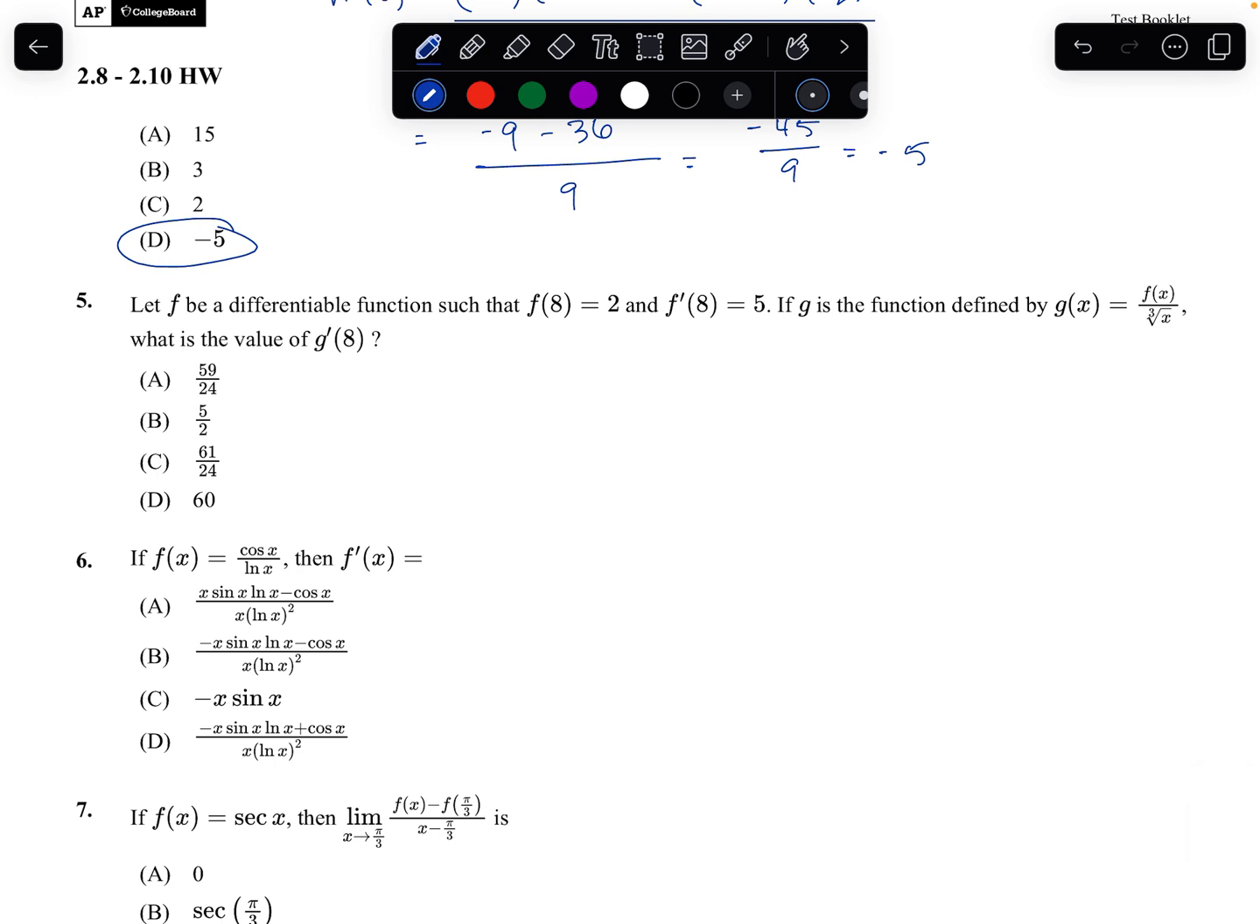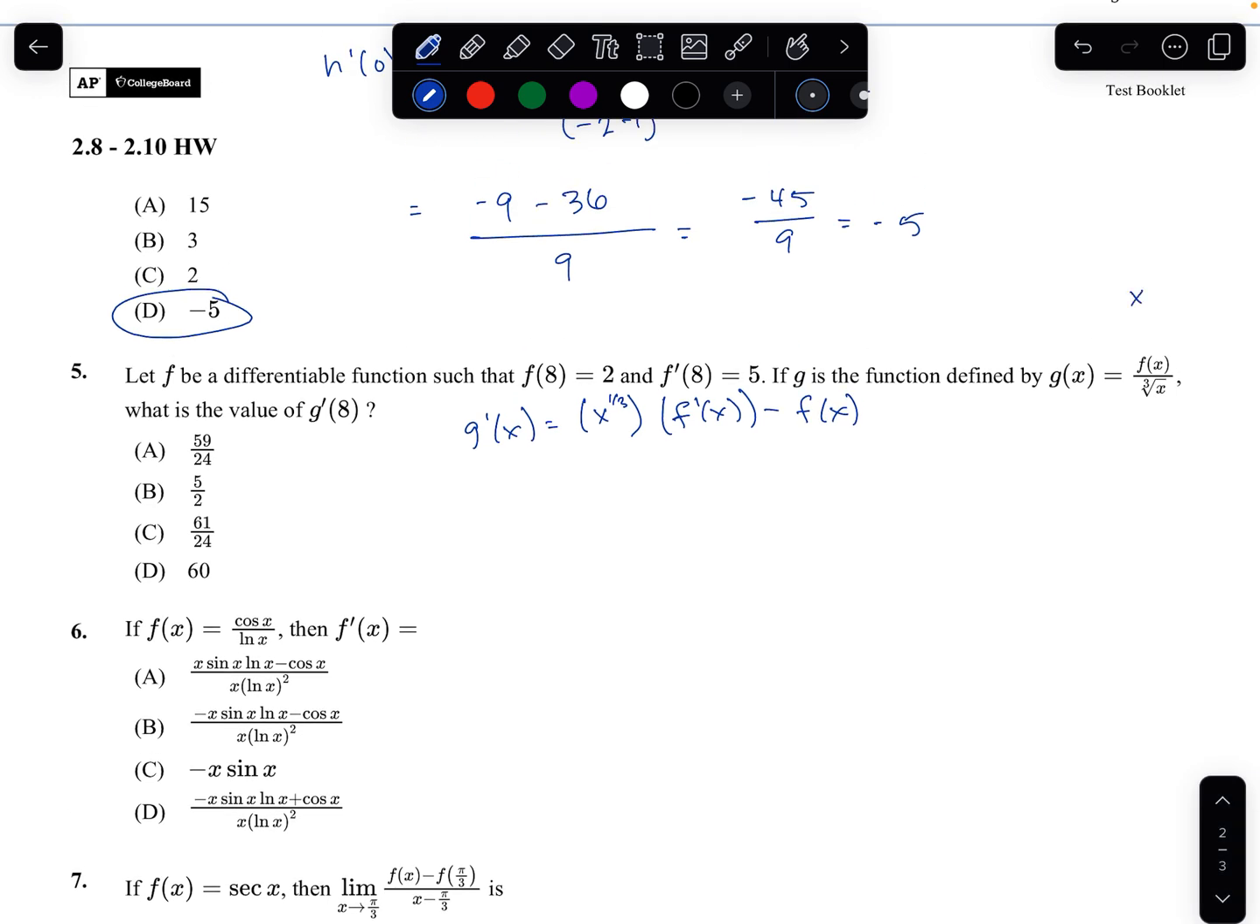Okay, for 5, let f be the differentiable function. We have g is this function, find g prime of 8, so let's do g prime of x first. So we're going to use the quotient rule, so that's going to be low. I'm going to write this with exponents instead of roots, so low d high, so that's f prime of x, minus high, which is f of x, d low. Okay, so if I have x to the 1/3, the derivative of that is going to be